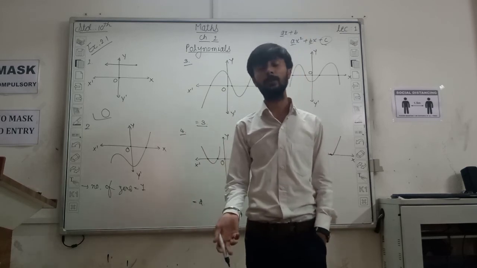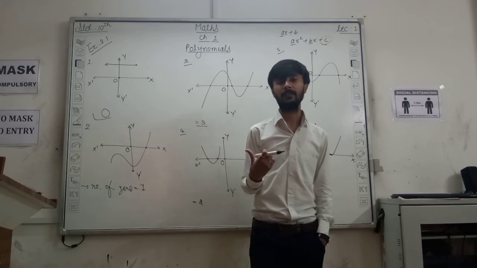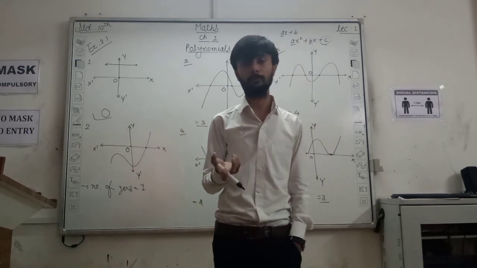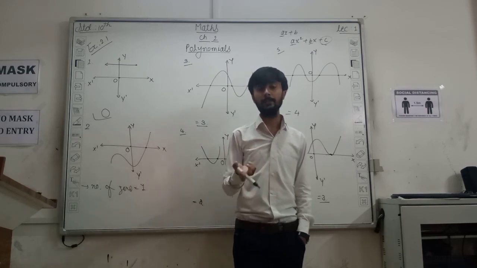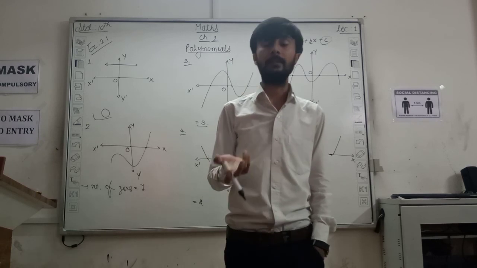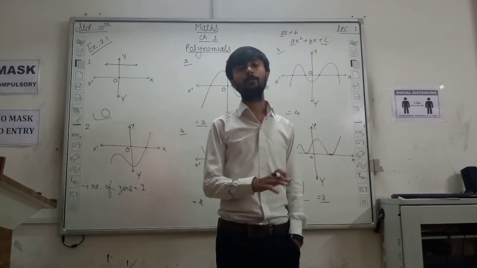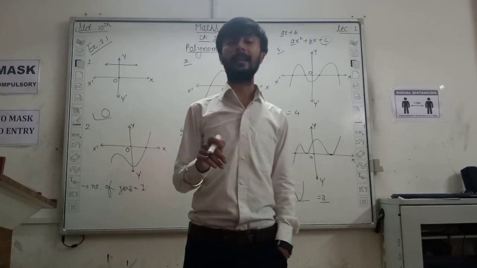How to find zeros of polynomial? So as I said, take polynomial equals to 0 and after that factorize that term, यानी जो भी एक्सप्रेशन आपको गिवन है polynomial, linear है, quadratic है, जो भी है उसको factorize करो. Then you get values of x, that is the zeros. Okay, and after that show the relation between coefficients and zeros. Okay, so that's we will see in next lecture.